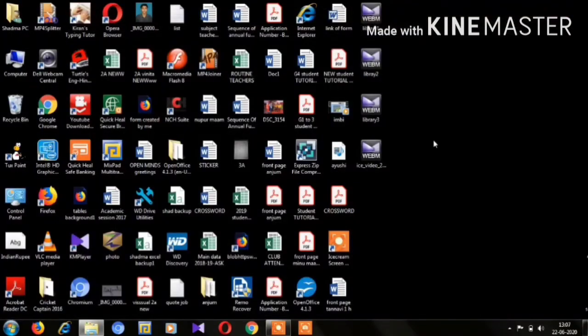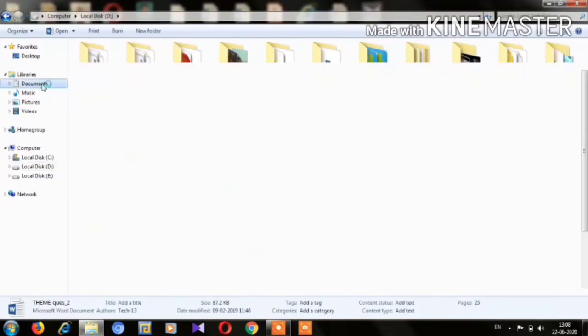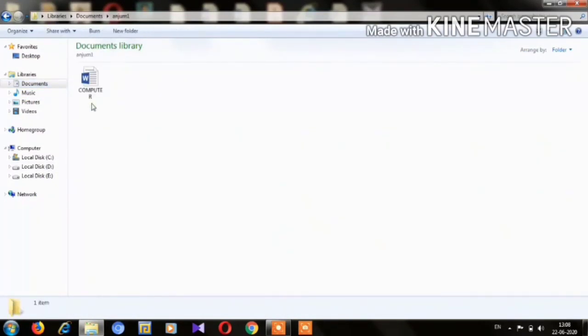Now you can check under library, documents, Anjum. This file has come here. Okay,